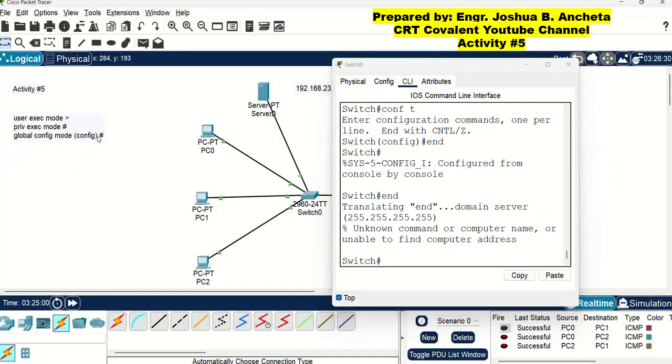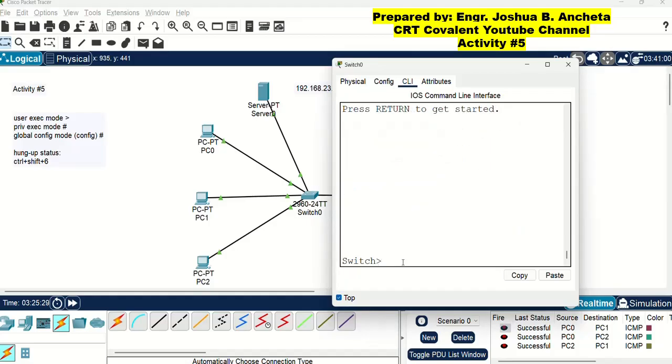For hang up status, press Control plus Shift plus 6. Okay, so exit. Those are the different modes in switch CLI.